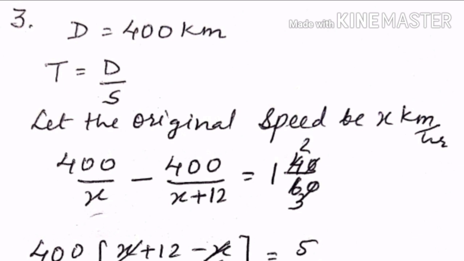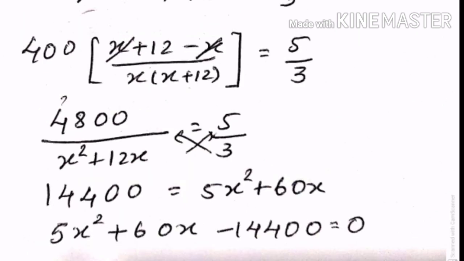So what formula do we have to use? First you have to think that if we use time is equal to distance upon speed, then 400 upon x minus 400 upon x plus 12, that is the speed being 12 km per hour more. So the time would be less. That way we put the subtraction sign in the middle. Then we take the LCM and solve it, and 400 I can take common. So 400 times the bracket x plus 12 minus x upon x plus 12 is equal to, on the right hand side, 40 upon 60.